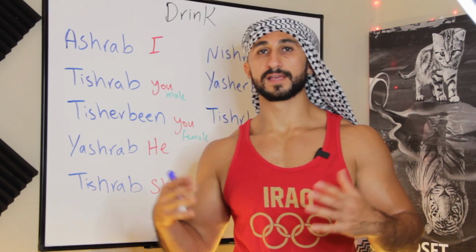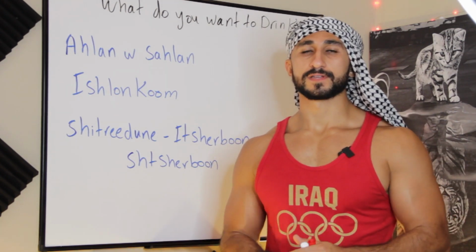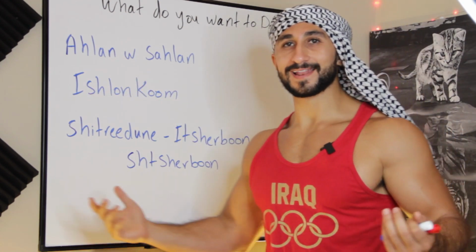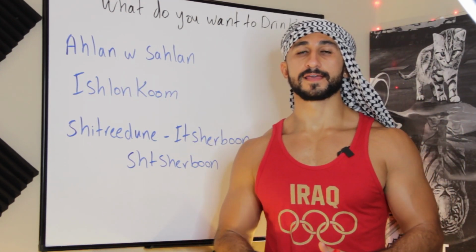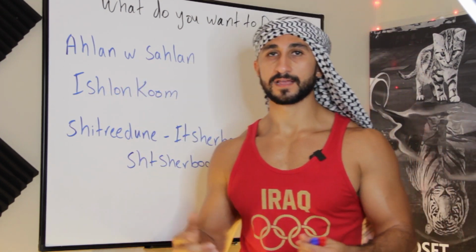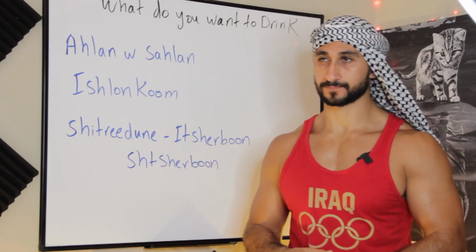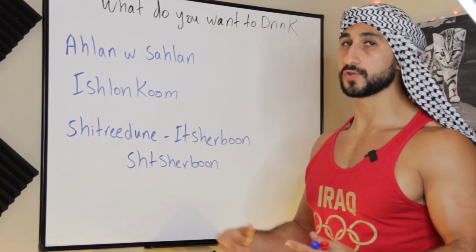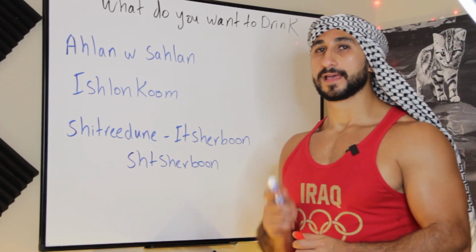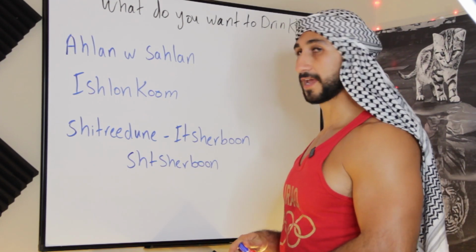Alright, so now let's go ahead and use what do you want to drink in a sentence and how to answer. Alright, so let's say you are at a restaurant, and then the waiter comes to you guys and says أهلا وسهلا. Ahlan wa sahlan, as we learned, is welcome. Or he could say marhaba, and then you answer marhaba. If he says ahlan wa sahlan, then you would answer ahlan wa sahlan. Then he's probably going to ask, how are you? And we learned that in the previous lessons. Again, if you haven't watched it, check the link in the description. You have to watch it before you continue. Okay, binge watch my videos.